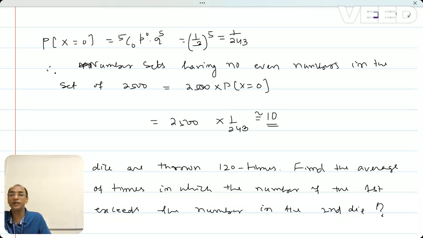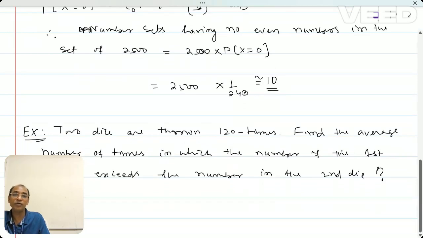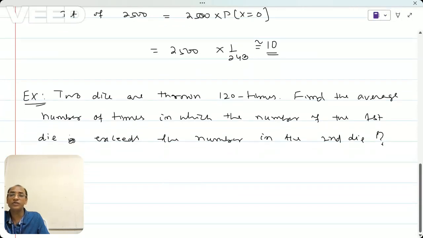So what does it mean is we are throwing two dice 120 times, and now we will find the average number of times, in which average means mean, in which the number in the first dice exceeds the number in the second dice. So here what I will do,